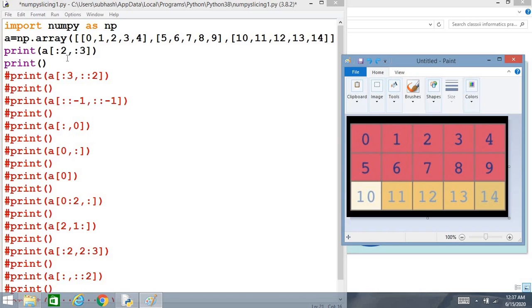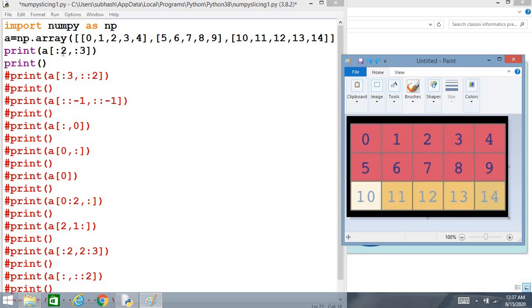The first part represents the row, here given as :2. I have not given any value for start, and the stop value is given as 2.